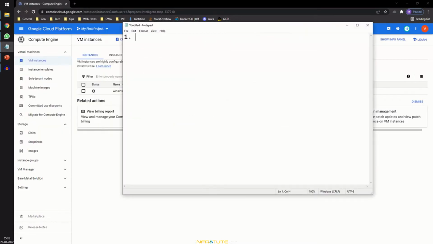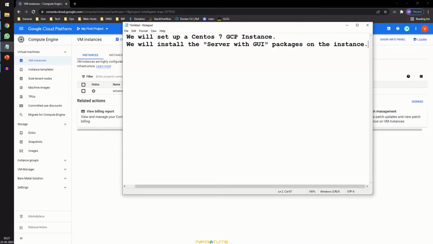So the first step is we will install CentOS 7, or I would say we will set up a CentOS 7 GCP instance. Then we will install the server with GUI packages on the instance, and third of all, we will